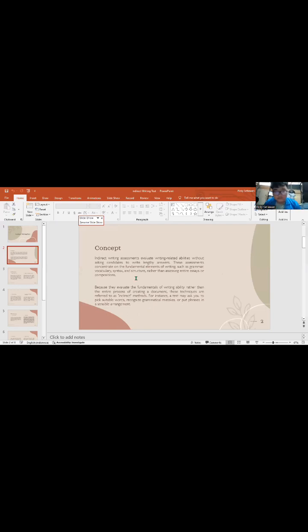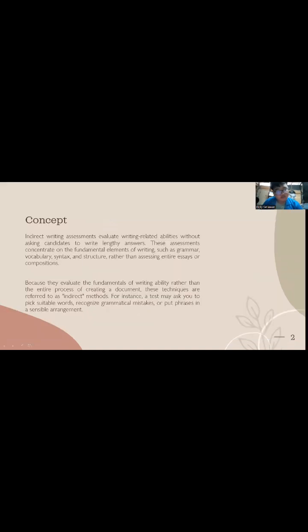The concept: indirect writing assessment evaluates writing-related abilities without asking candidates to write lengthy answers.